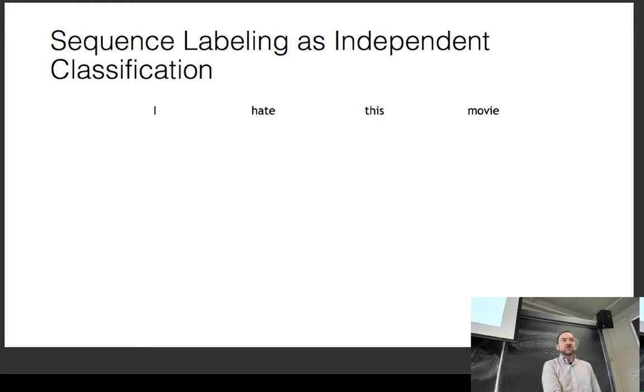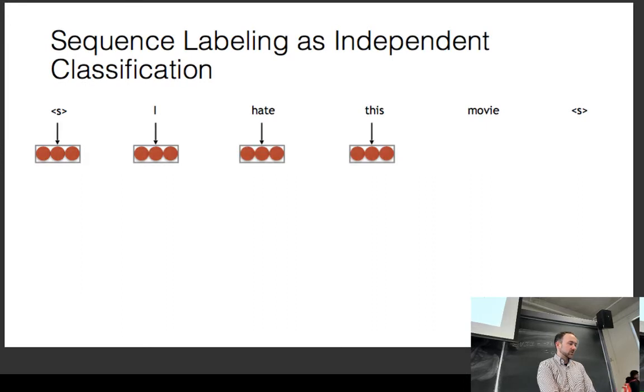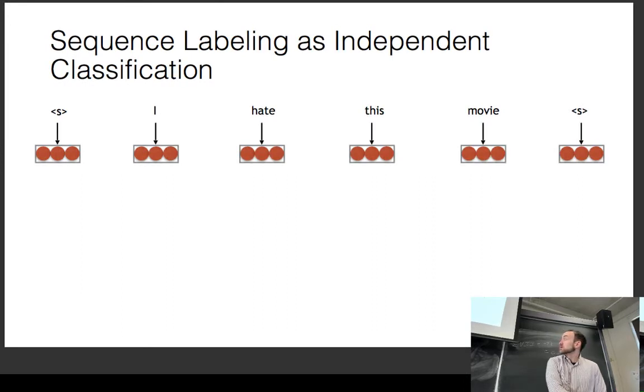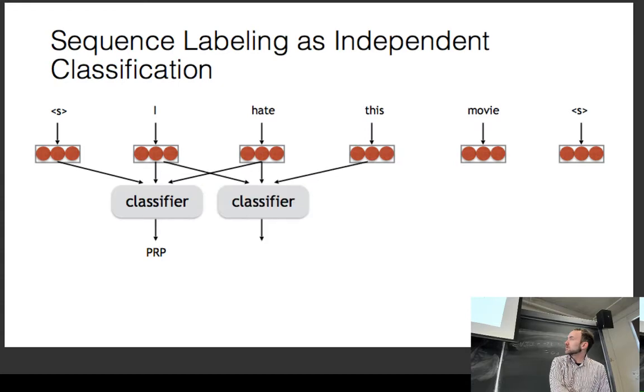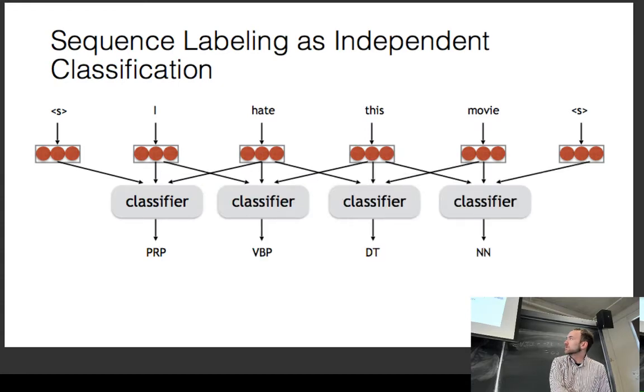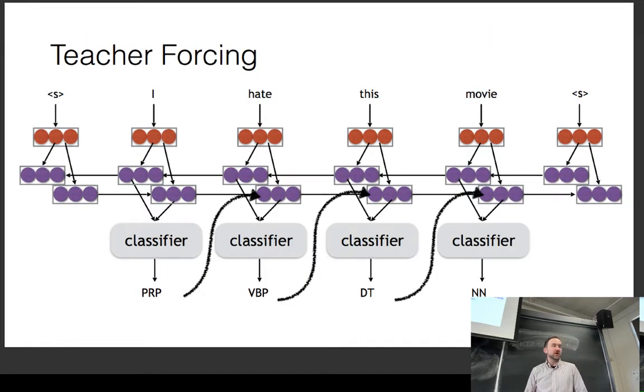So as I talked about before, one way to do this is sequence labeling as independent classification, where you basically take in the various words surrounding this position, and then you put each of them into a classifier and classify like this. As an alternative to this, I talked about methods like teacher forcing.